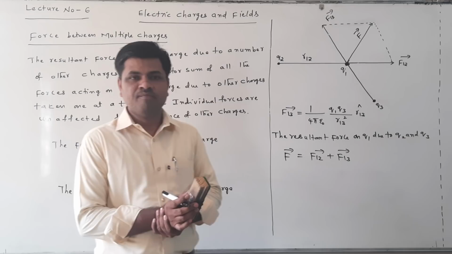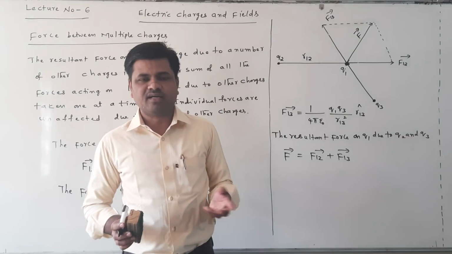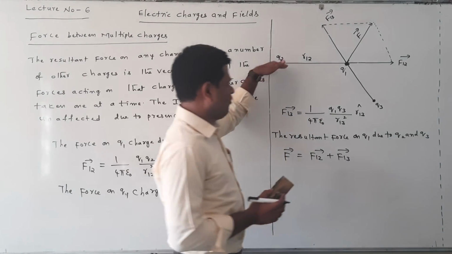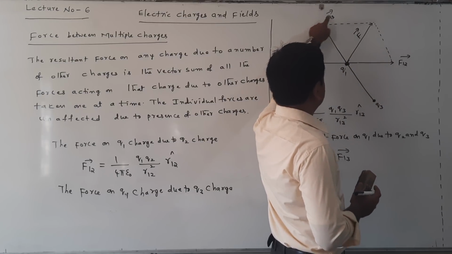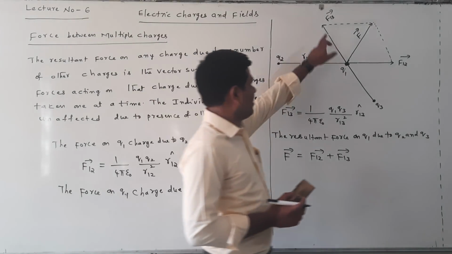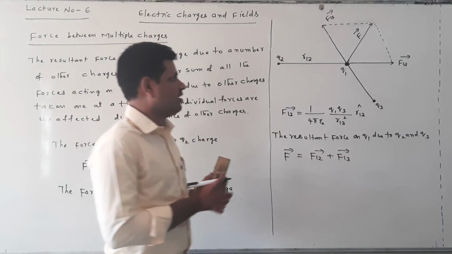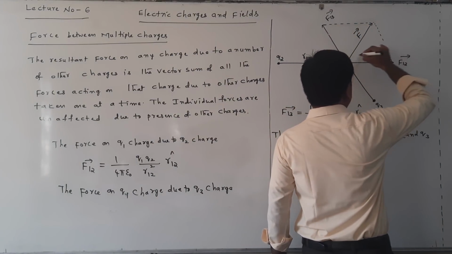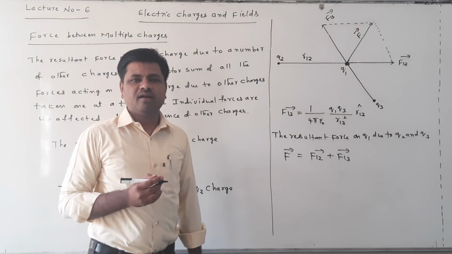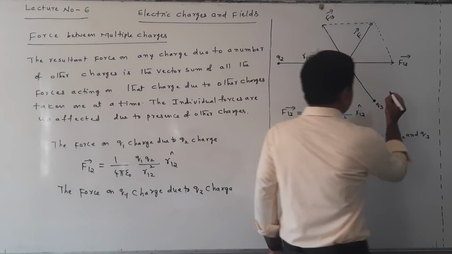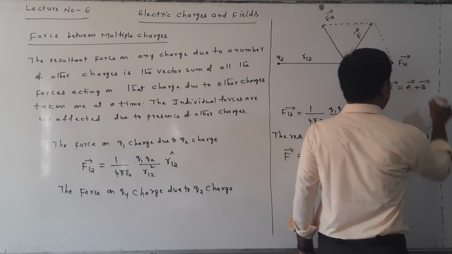How are we writing this? Here, suppose like charges are considered, the force between Q1 and Q2 is away from the charges, that is F12 bar. The force between Q1 and Q3 is away from the charges, F13 bar. Here F12 bar and F13 bar are two vectors. The two vectors form a parallelogram, which gives the resultant vector according to the parallelogram law of vectors. Suppose a bar and b bar are two vectors, then the resultant vector r bar is equal to a bar plus b bar.